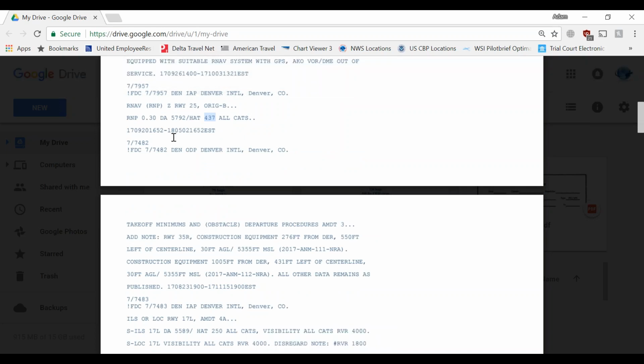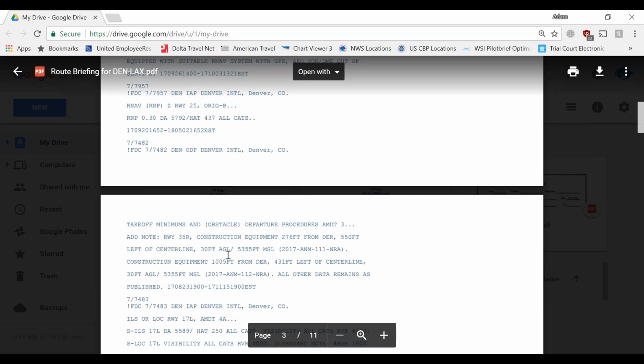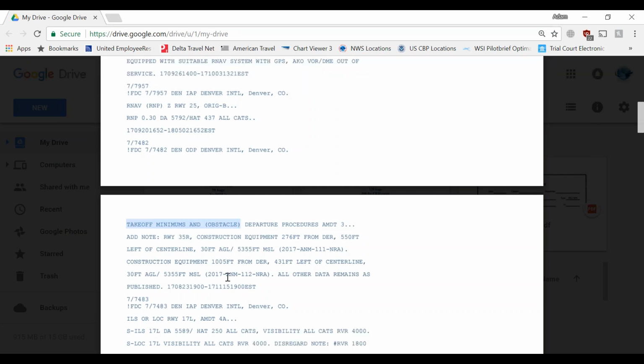Takeoff minimum, so let's see, what's this one? Denver obstacle departure procedure. Takeoff minimums, obstacle departure procedures amendment. So this is telling us that there's some takeoff minimums for, let's see, yeah, I was just looking for runway 35 right. 30 feet AGL, just published. So this is just simply telling us that we need to,